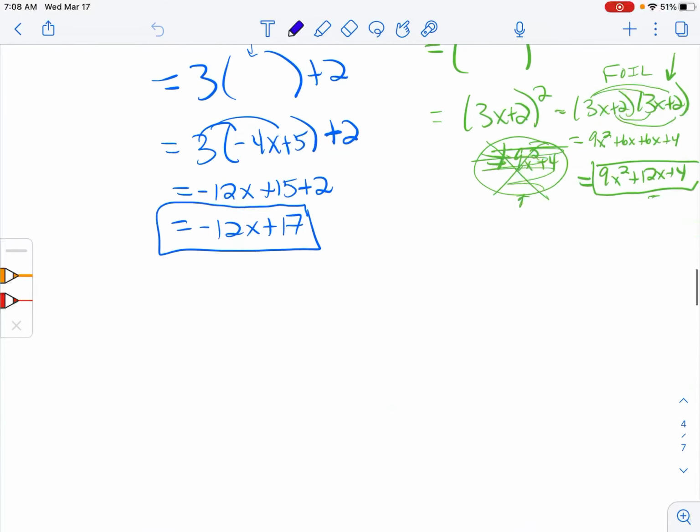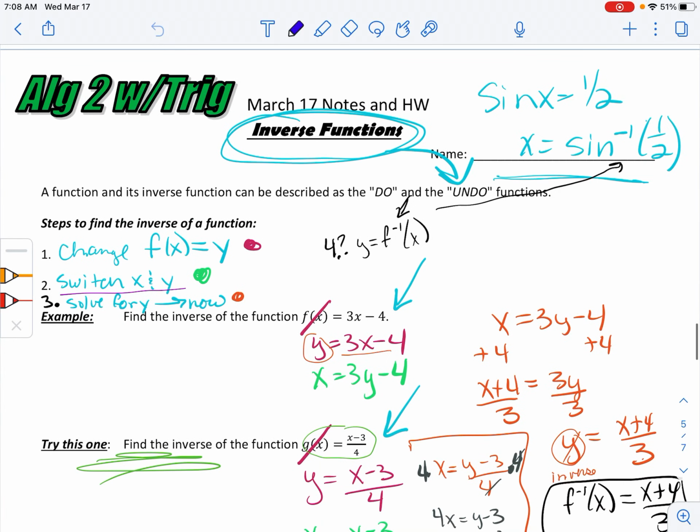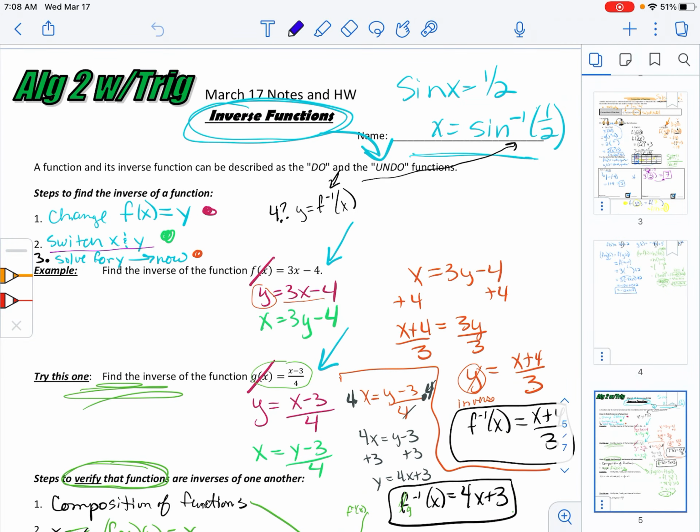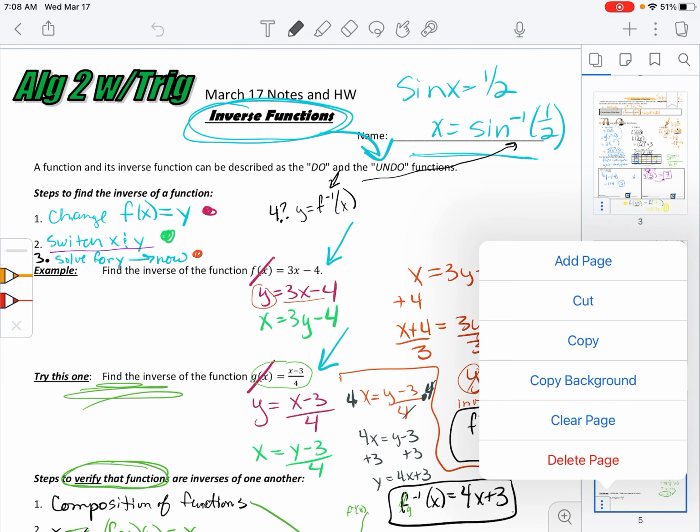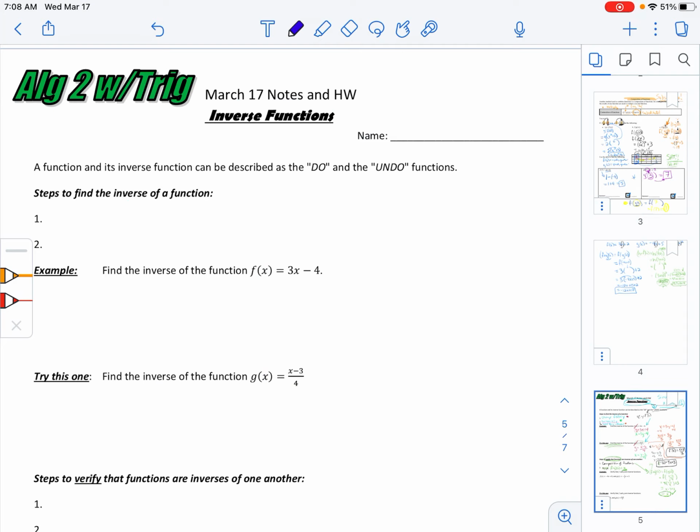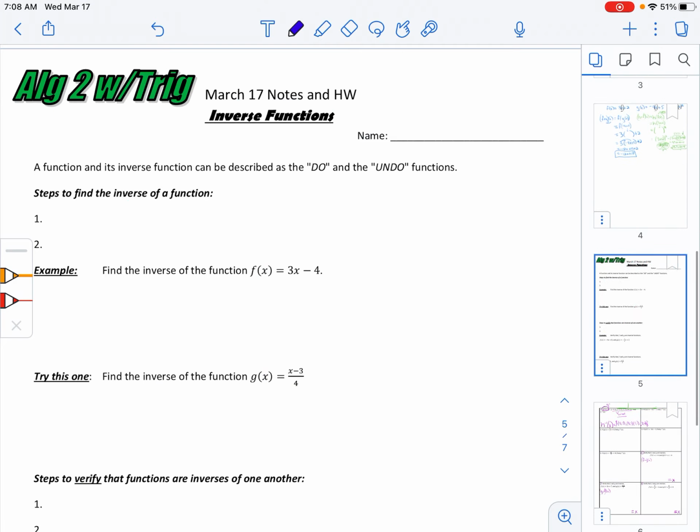I told you guys I would go over this sheet again. So I'm going to clear it and I will go through this little inverse page again so you have something to look back at. And I'll do one or two of those. Okay. So,